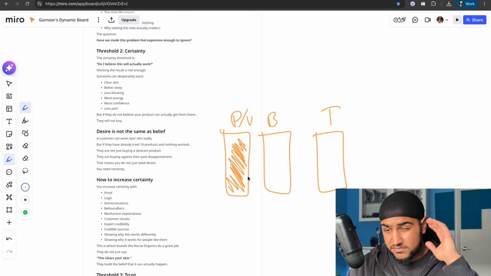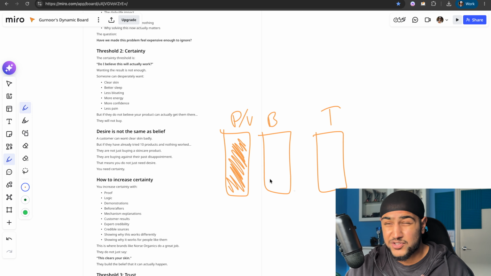It might be just through the roof, but if they've tried so much and it has not worked, and you cannot convince them why something in the past didn't work and why your solution is different, then they just won't buy, because they don't trust you. So some markets have a very high belief threshold. They need to see why it works. It's like stage 3, 4, and 5 sophistication markets. They need to understand how it works before they get it.